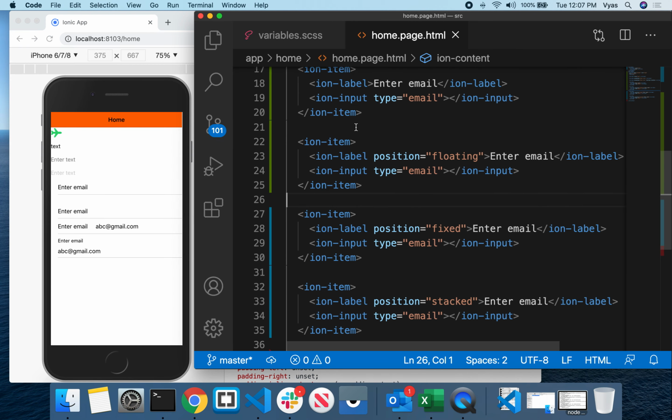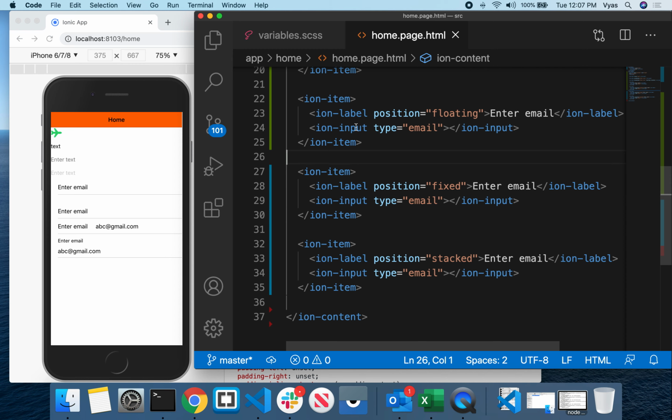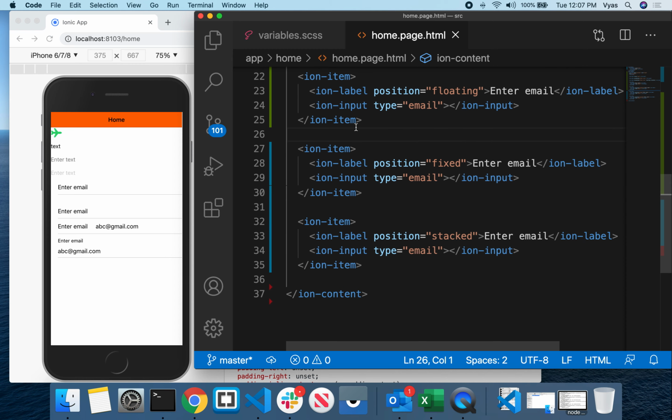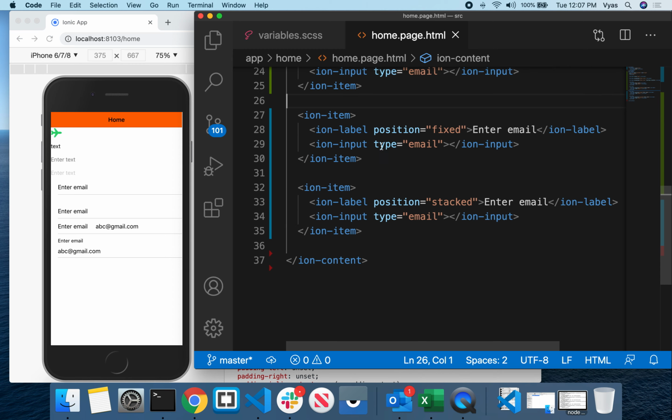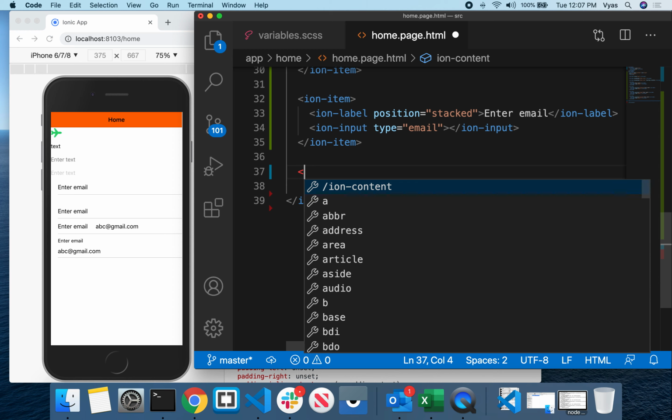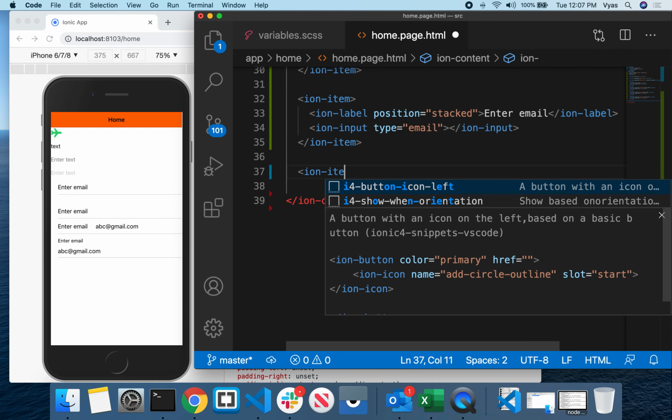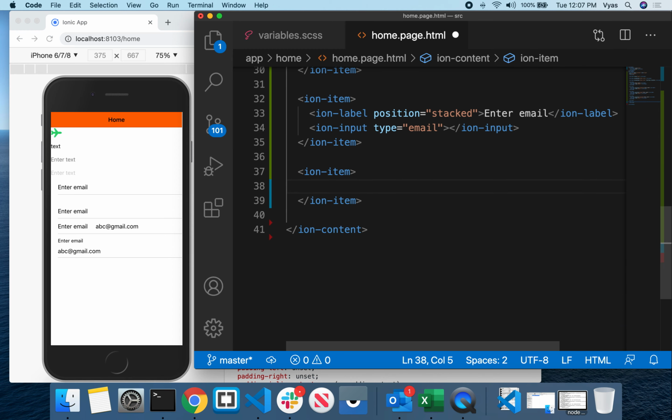Suppose for the input field, I want to display some icon on the left side or right side. By seeing the icon, the user will understand that he has to enter an email or password, something like that. So here I can use ion item, and then I can use ion input.